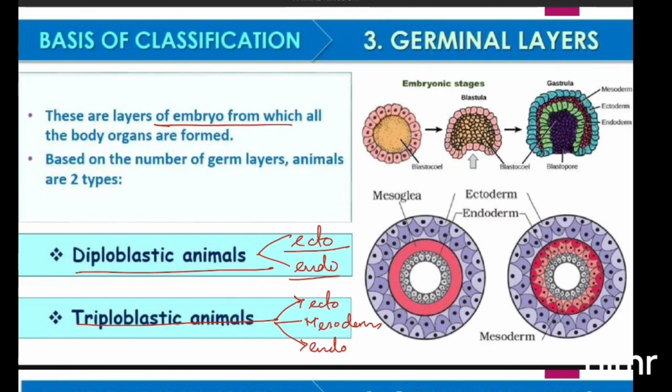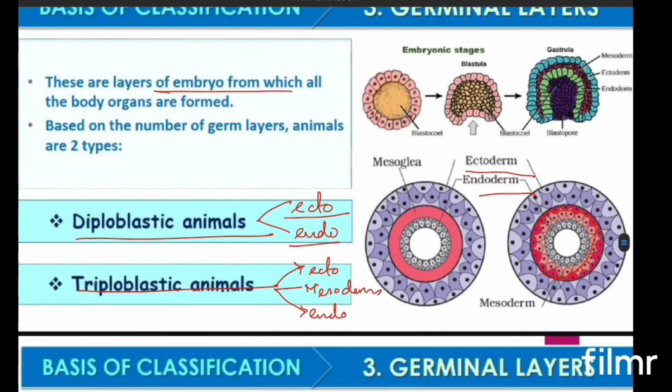So here you can see that the entire body organs are forming from all these three layers. You can see the ectoderm, the endoderm, and the mesoglea or the mesoderm cells, which is here, right? Now